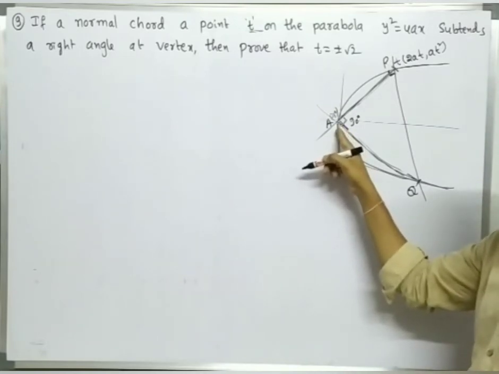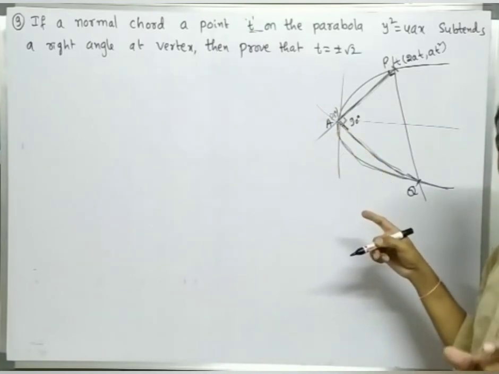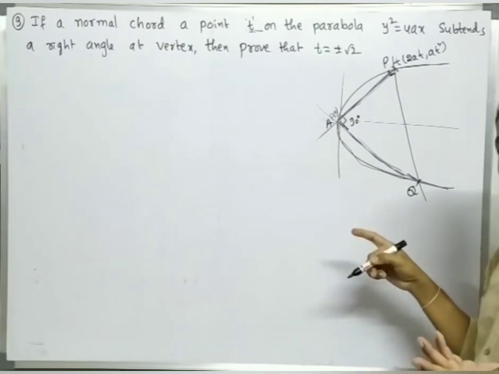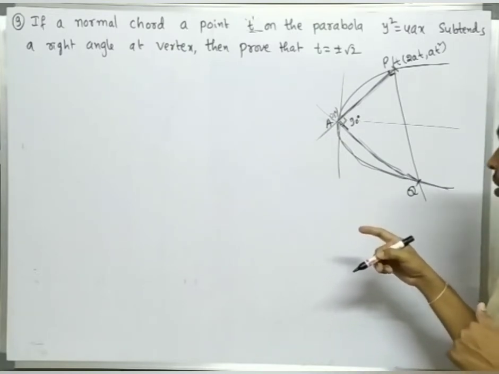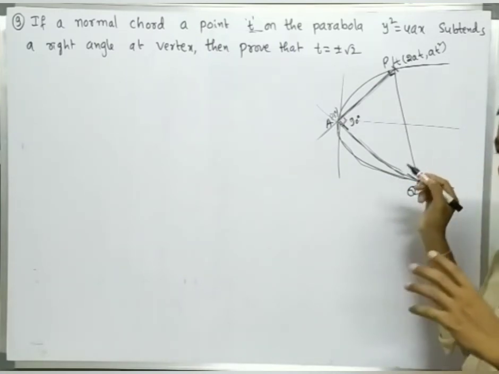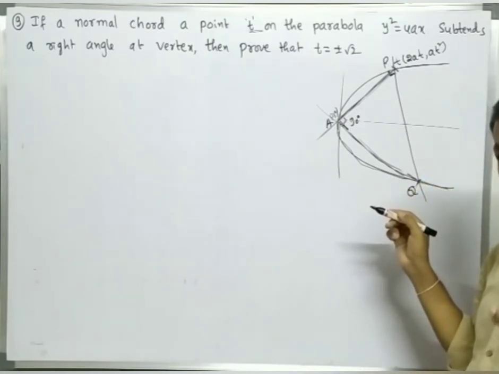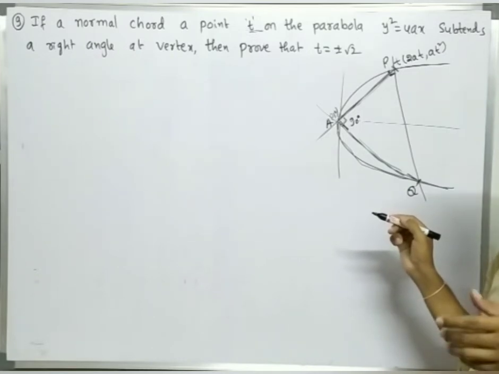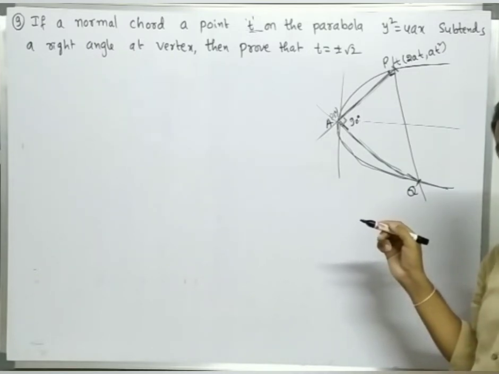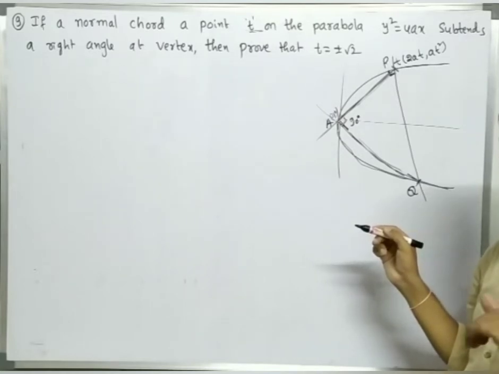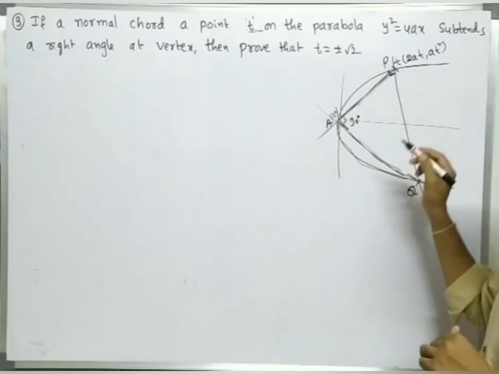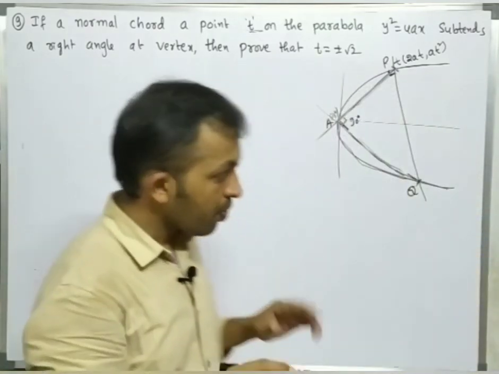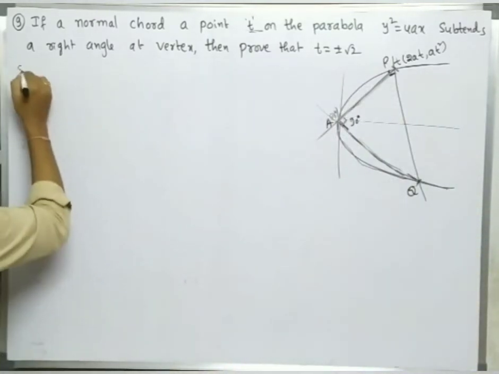That means it is of the form ax square plus 2hxy plus by square is equal to 0. That is a homogeneous equation. So that's why here we did some very important problems in the pair of straight lines chapter. From that, compulsorily you will get a long answer question in the first year second B paper, right? So use that concept. Okay, what we have to do here, solution.